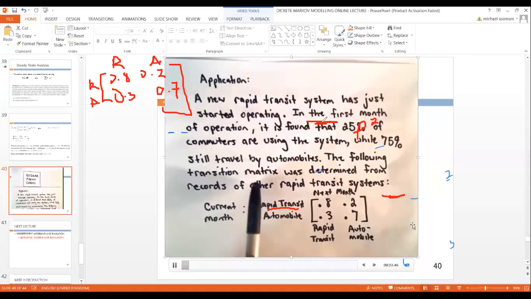We're also told that 25% of commuters are using the current state, the initial state, the system, while 75% are still traveling with automobiles. So in the current system for R and A, we have 0.25 for R and 0.75 for A. So per the question,